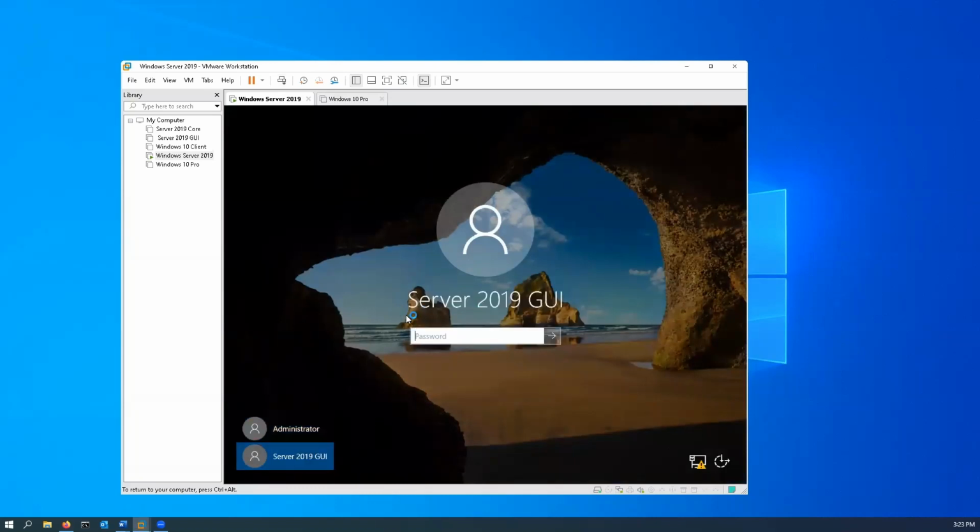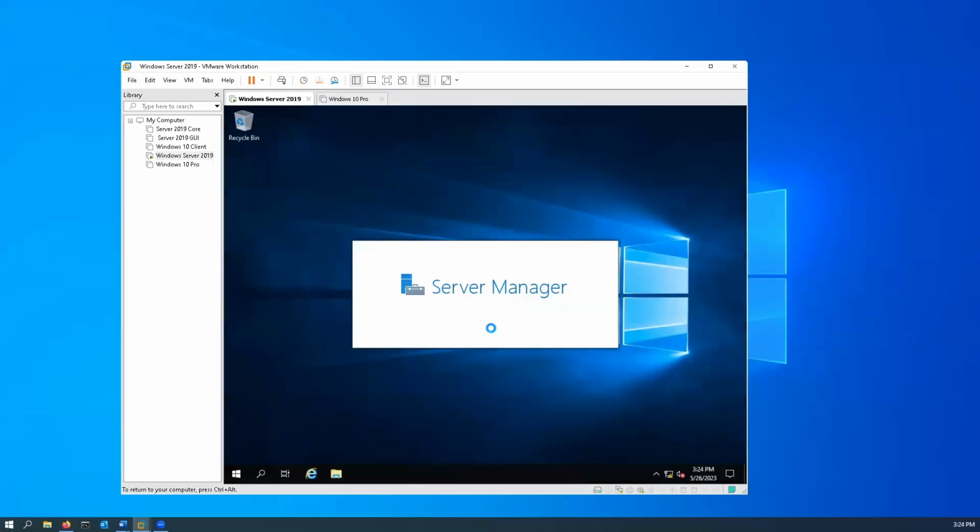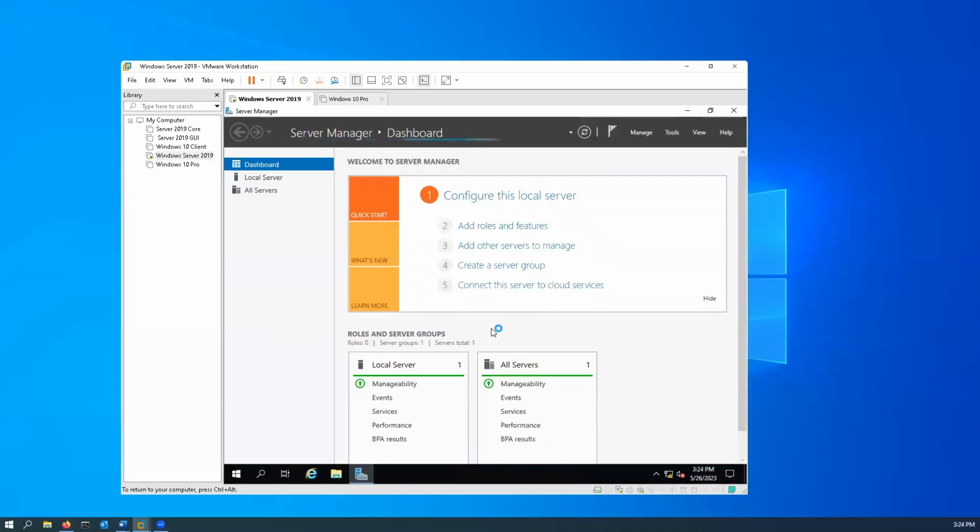Normally we're going to be logged in under our Server 2019 GUI. What we actually need to do is log in as administrator. So down in the bottom left-hand corner, you should have the option to switch from Server 2019 to administrator. Administrator might be on the bottom, but go ahead and click on that and click sign in. The reason that we're doing this is because we're installing Active Directory onto our server, and it does need to be installed from the